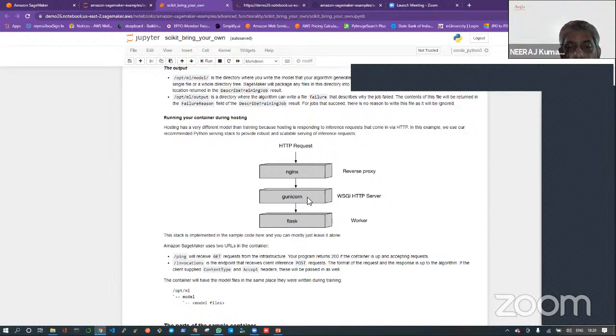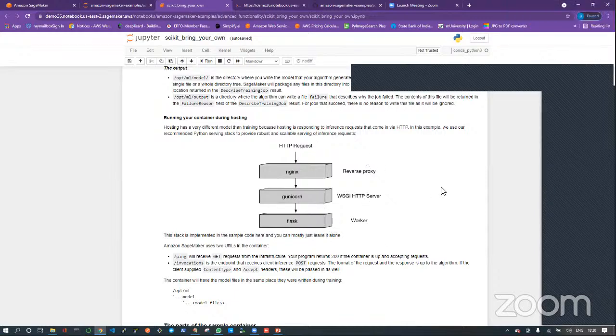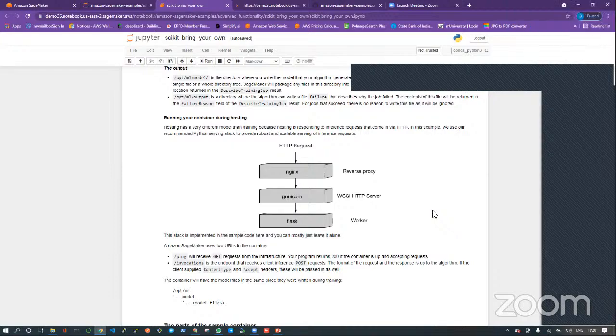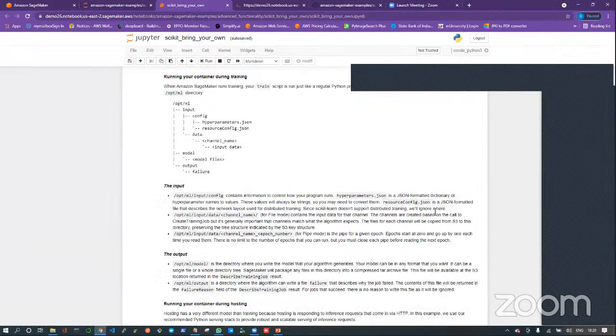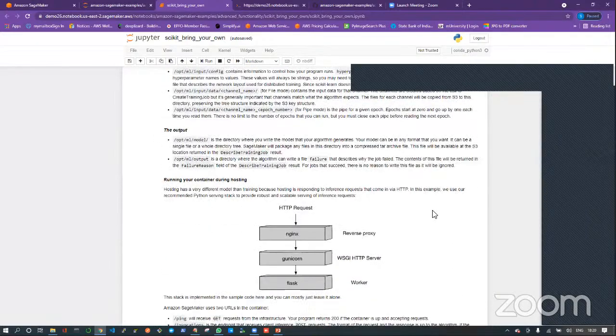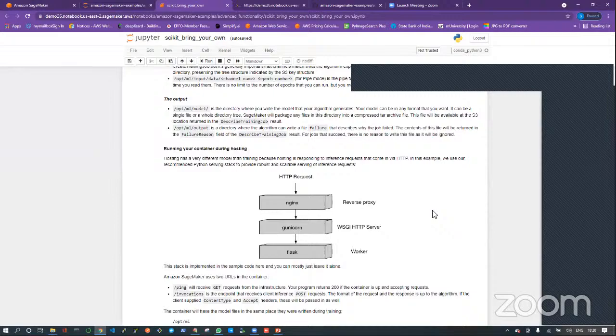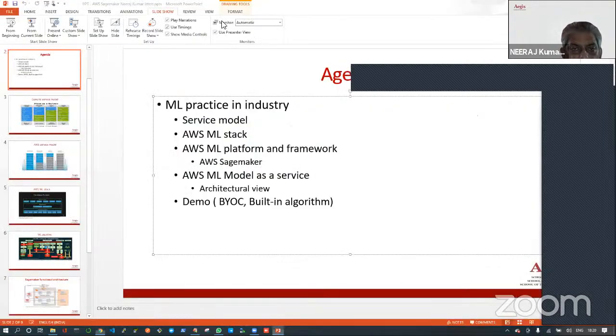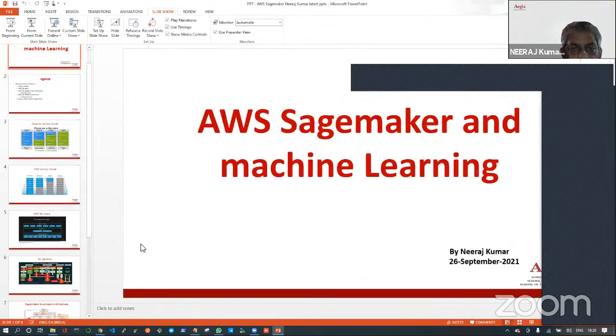This Flask application will contain all my training code, the Python script. I will show you what is inside that script, so don't worry about that. But this is what my container will contain: all these 3 servers, Nginx, Gunicorn, and Flask. All these things will be put inside the container, and we will deploy it into SageMaker. So where will Amazon AWS come in here? Amazon SageMaker, as I show you in this functional diagram,